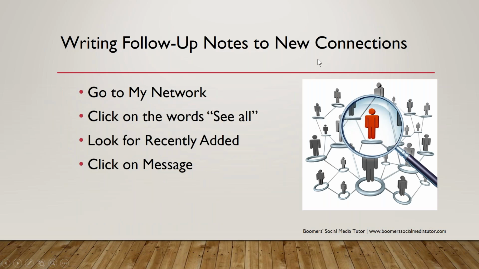So then we have one more thing I'm going to show you. Now, you're saying to me, Joyce, where do I go? Do I need to go into each of their individual profiles? That's going to take me a long time. Heck no. Again, there's a way you can save time when you're going to write to maybe 5 or 6 or 10 or whatever you got going you haven't written to yet. You're going back to that My Network part, then you're going to click on See All, and you will see all your recently added people. Then over to the right of their picture and name and their headline, you'll see the word Message. Okay, you're going to see that in just a little bit, but we do have to pause